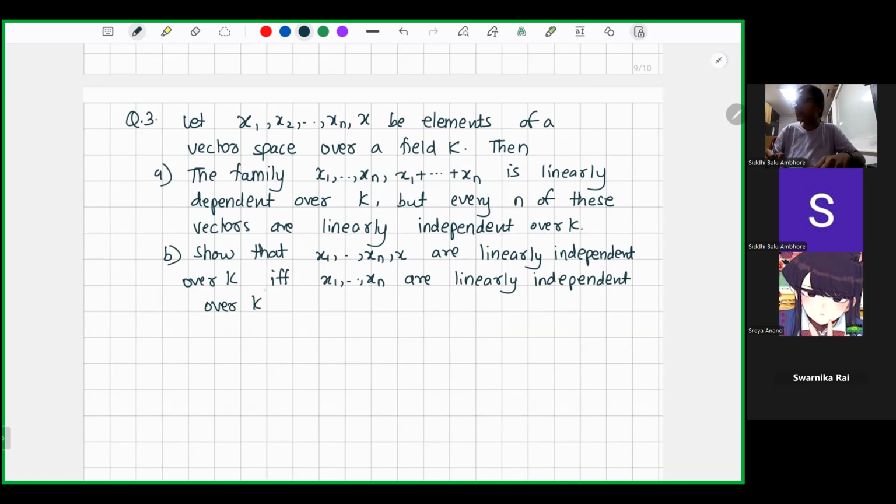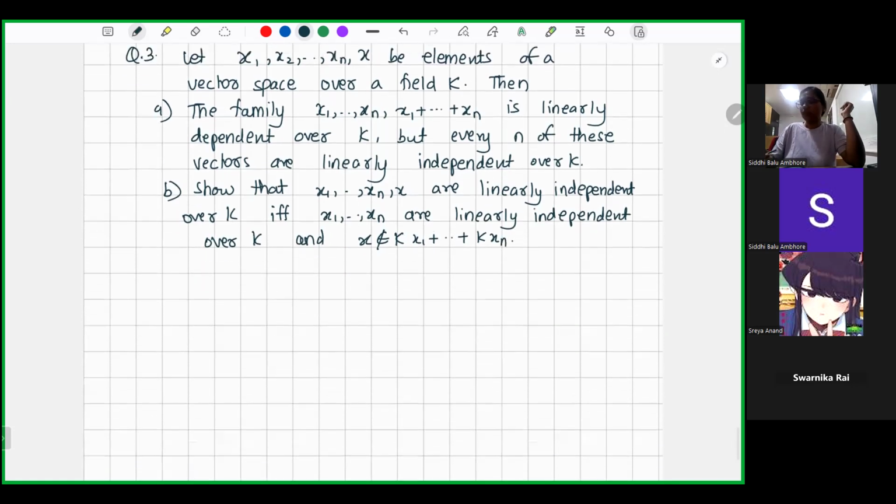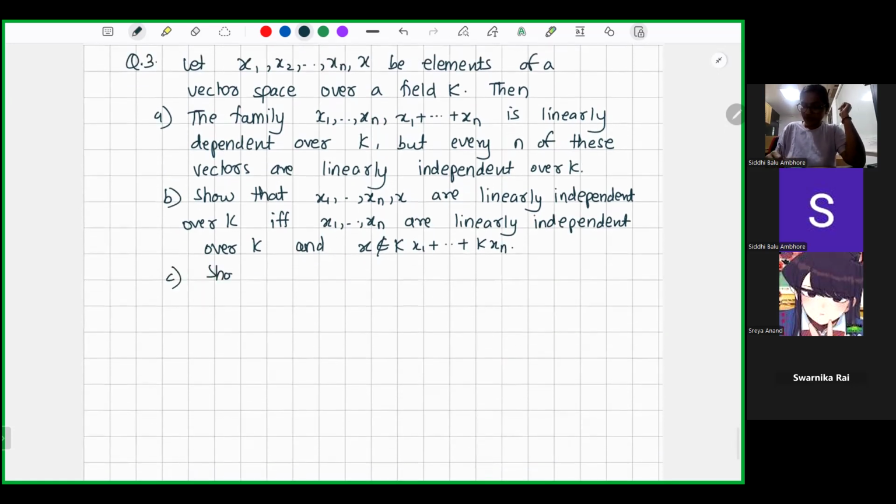They are explicitly mentioning over K again and again. And C is that we have to show that x1 to xn is a generating system of V if and only if